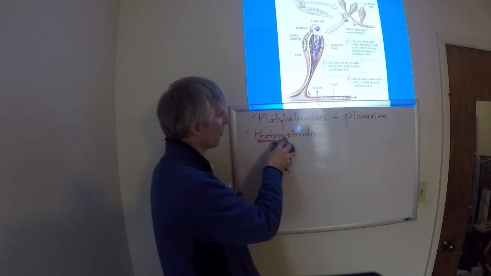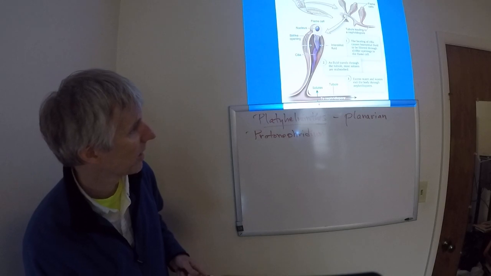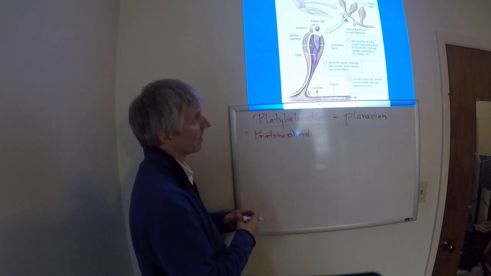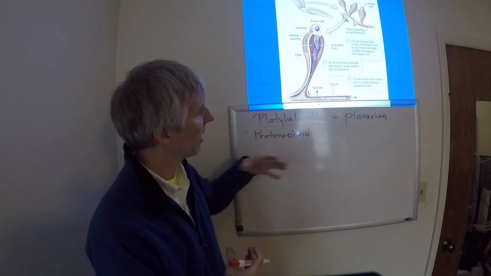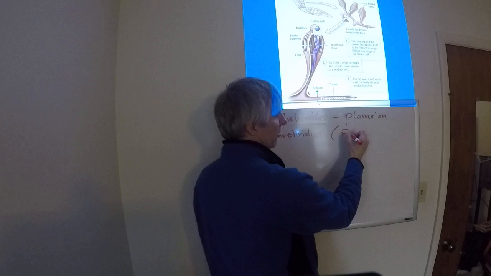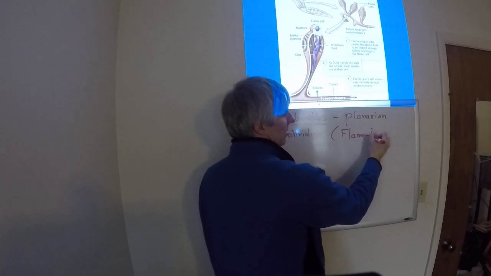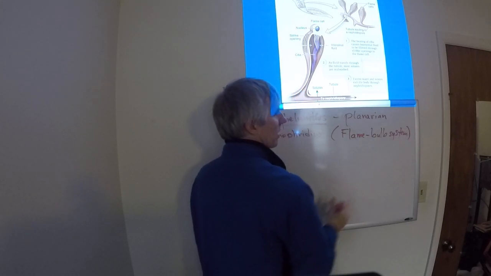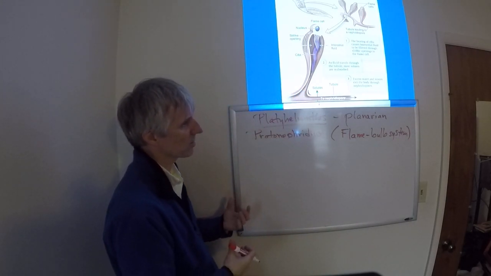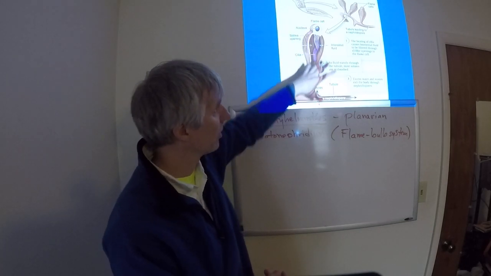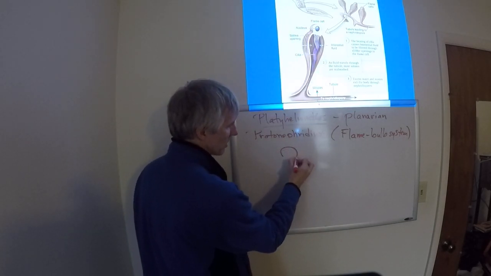This is like the basic one, a simplified one on our way to making the more complex structure. Okay? The protonephridium is this unit that makes up the planarians. Now, we also have another name for this. The system of protonephridia is called the flame bulb system. The flame bulb system consists of these flame cells with what are called bulbs. So I have this cell here,